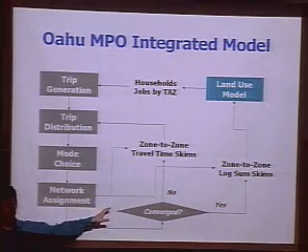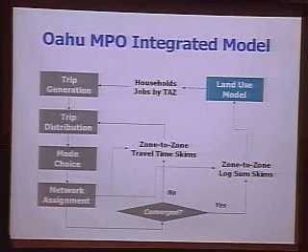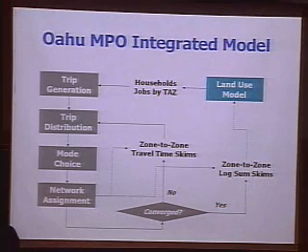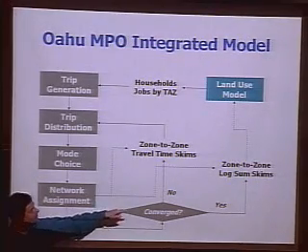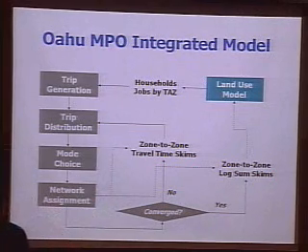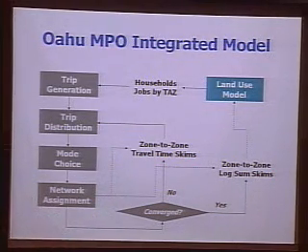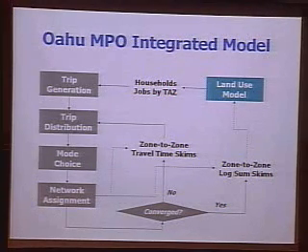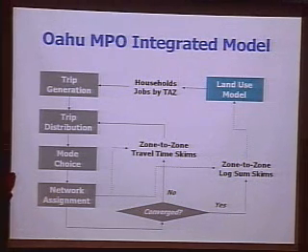We use the term skims in travel modeling to refer to any table where we basically skim from the network the travel time or cost or what have you from one zone to another zone. So we calculate log sum skims, and we feed those into the land use model, which then uses them to calculate accessibility. And the land use model will then produce households and jobs by TAZ, Transportation Analysis Zone, that go back into the trip generation stage and are used actually in several other places within the travel model.